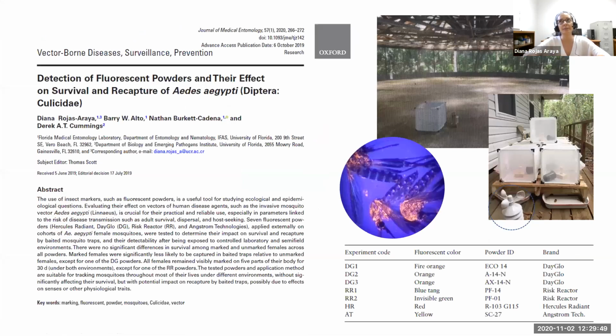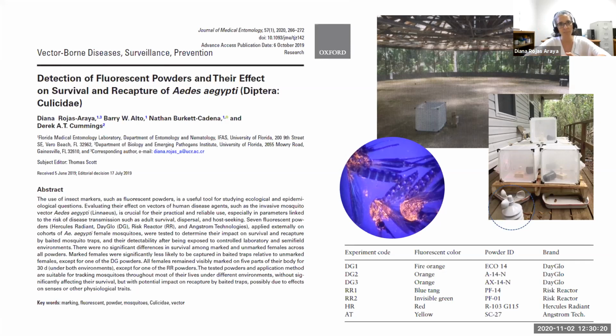So we had 9 experiments, and we grouped them in groups of 3. These are the first 3 experiments that we did, and they are summarized in this paper. In this one, we were interested in analyzing different brands and different series within the same brand of fluorescent powders to choose which one showed the best performance, and then continue working with those.